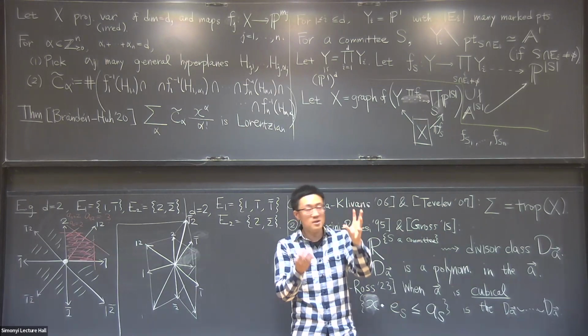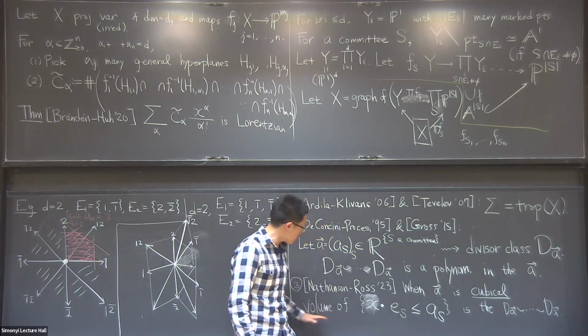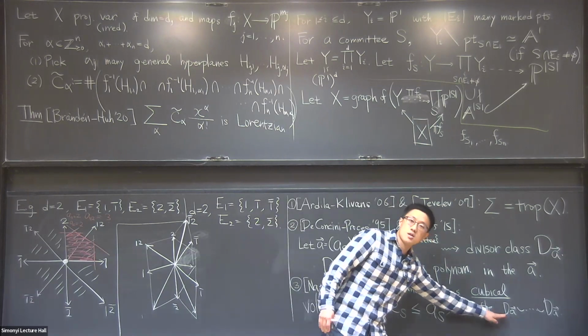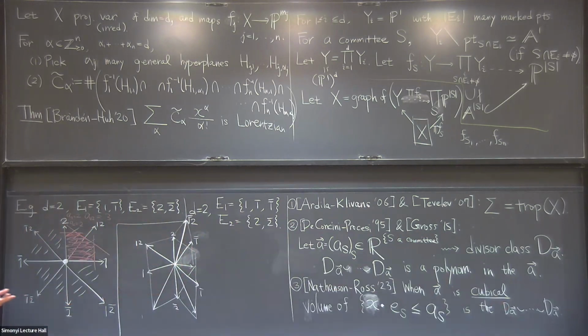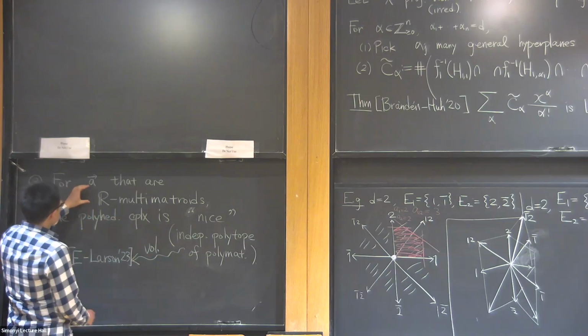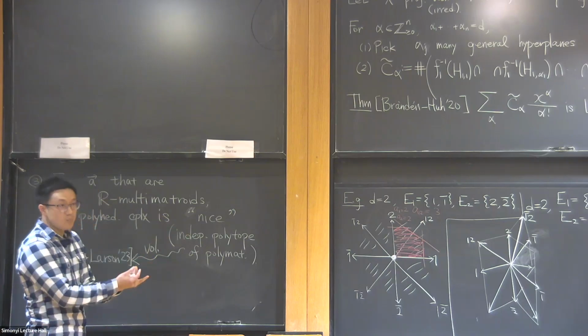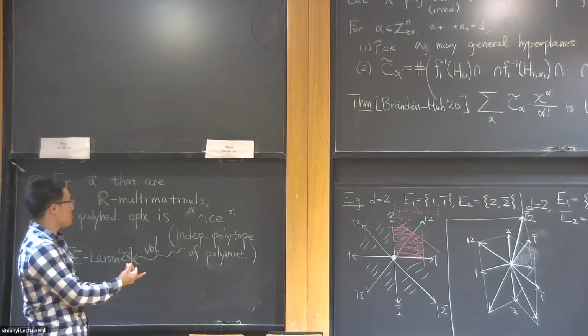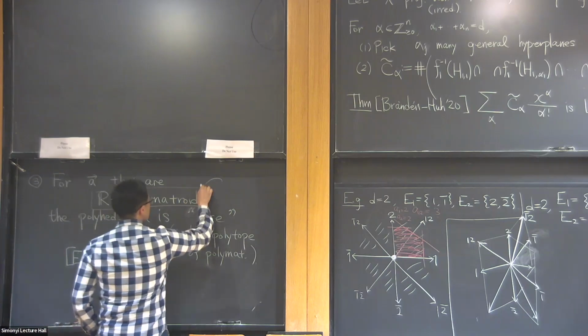Either it's cubical, where I can consider some polyhedral complex, look at the volume, and it will compute exactly these cup product numbers. For R multimatroids, we understand those volumes, but the set of A's that are R multimatroids and cubical are not the same. So you can't just say, okay, we're pretty much done, because among these R multimatroids belong